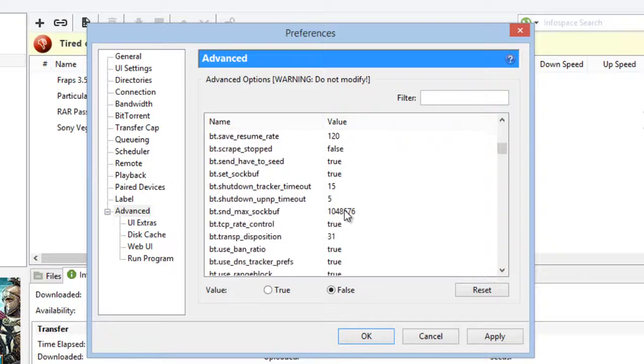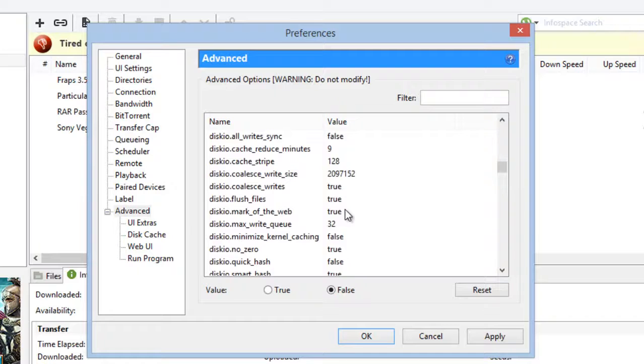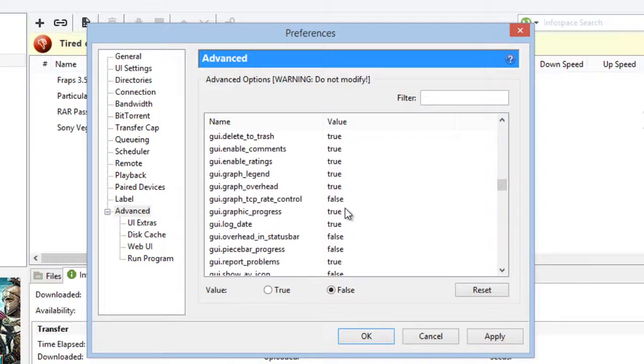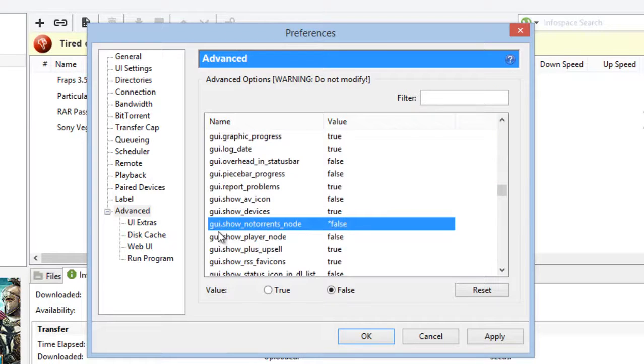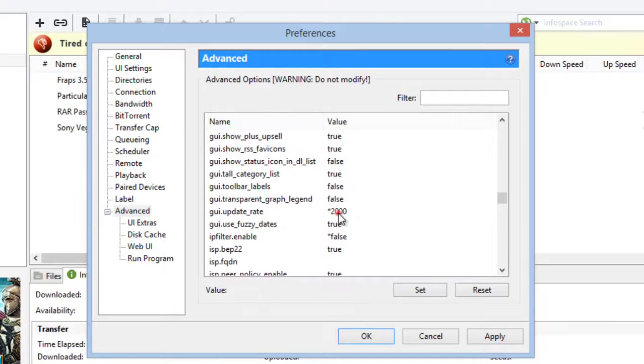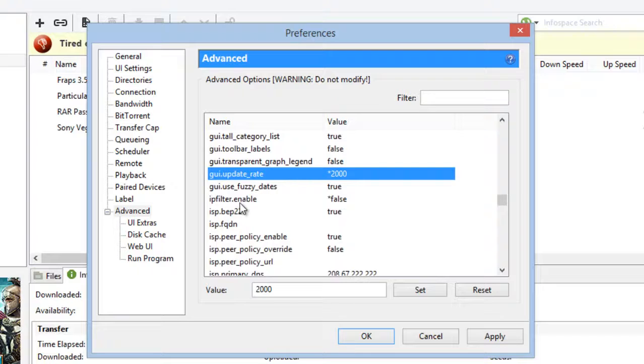Scroll down till you see GUI show no torrents node set to false. Then go down to GUI update rate and set it to 2000.